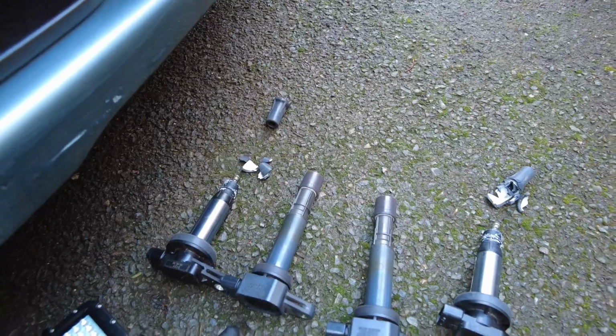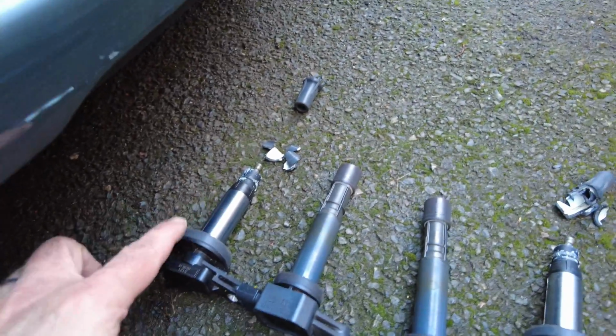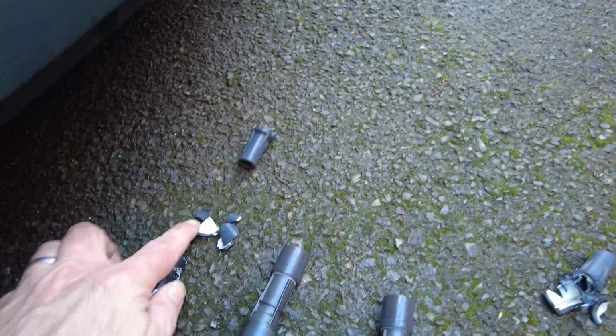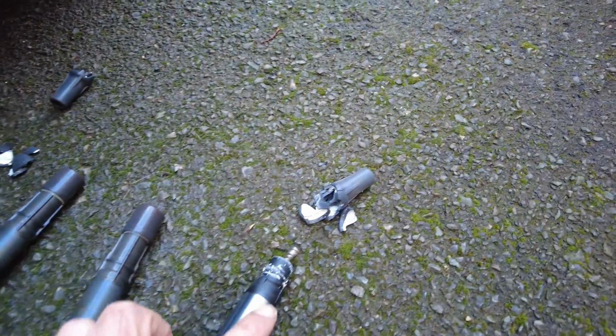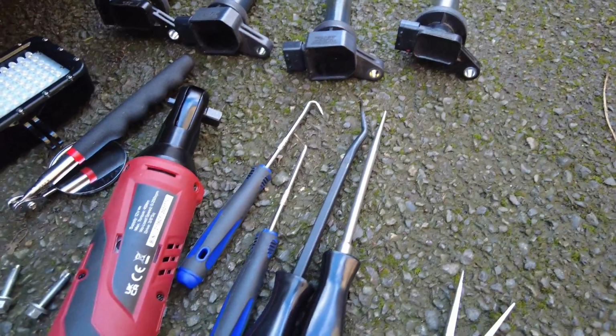Same here as well, obviously, and look, surprise, surprise, the boots come off this one as well. Well, I'll be honest, I'm not thanking the person who put these replacement coils in and didn't bother with any dielectric grease. You can see the state of what I've had to get out here. Same on this side over here, quite fiddly, and it needed me to use a wide collection of pickers to